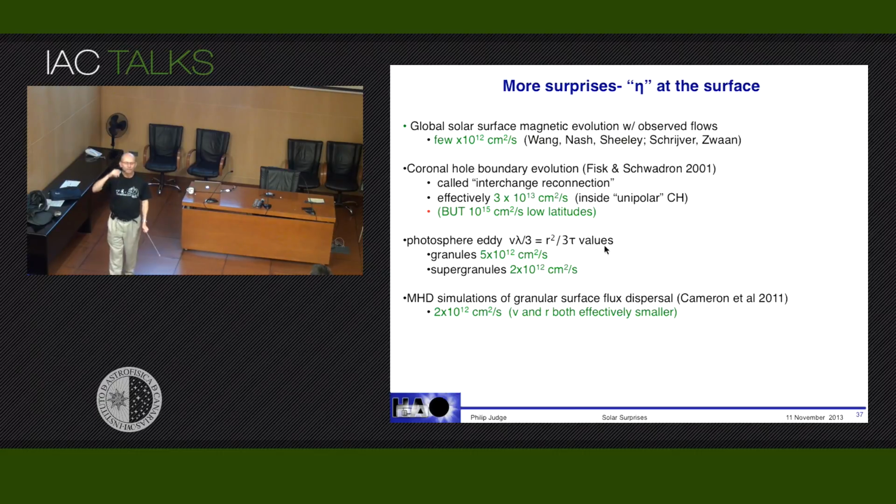If you work out what VL is, then you get some number like this. So everybody's like, well, all that's going on is I just have a convection cell, and I'm just moving the field lines around like this. And then I have another convection cell, and I move this direction. It's nothing to do with the thermal diffusion and the electric currents involved. It's just a rearrangement thing. Well,